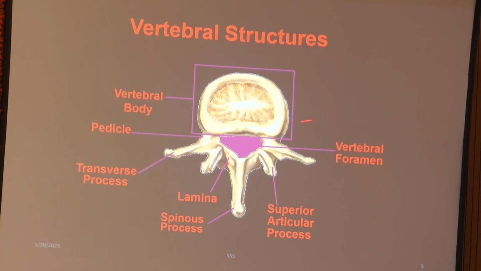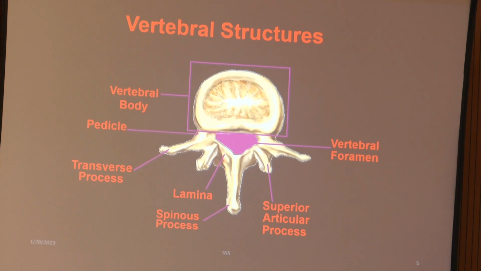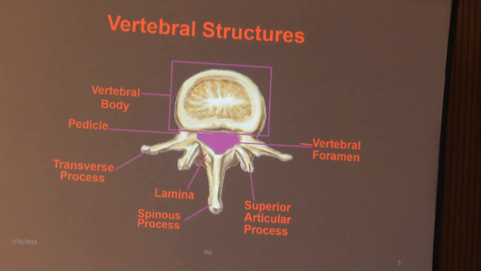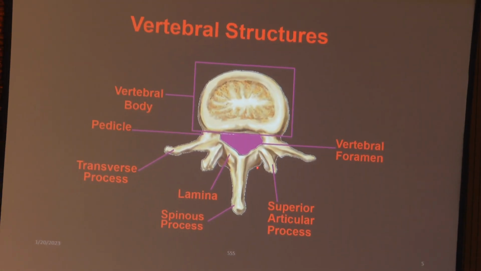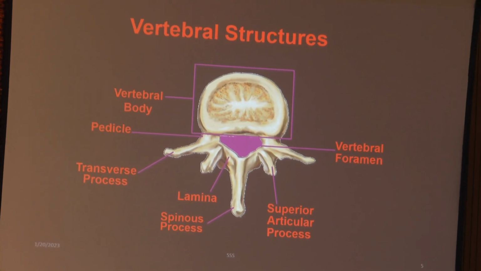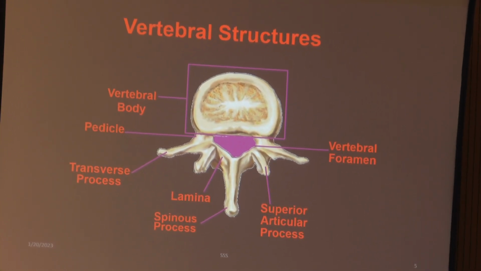Now this is a vertebra proper. If you have to look into a vertebra and see how it looks, this is basic first year anatomy. Anterior part, that is the vertebral body, the vertebral foramen. This is the pedicle, the transverse process. This is the superior articular process, as we are seeing the view from the superior side. Down will be the inferior articular process. This is the lamina and this is the spinous process.